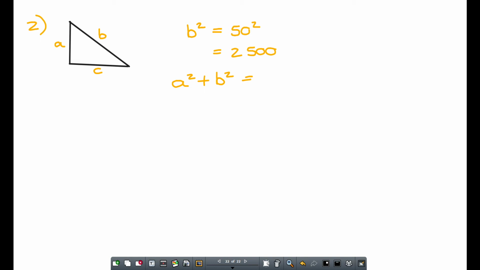C, B, this must be A, and then that must be, sorry, right, so 14 squared plus 48 squared, and that also gives me 2,500. So A squared is the same as